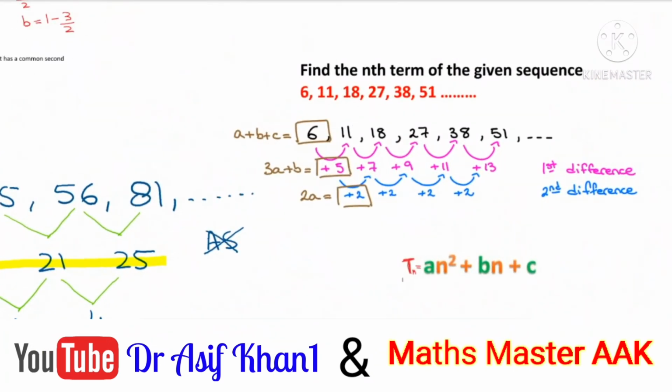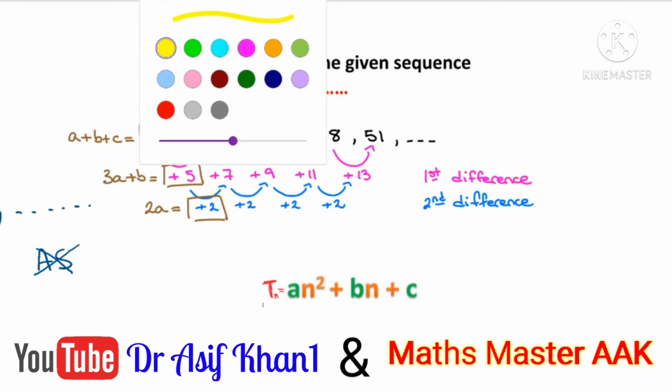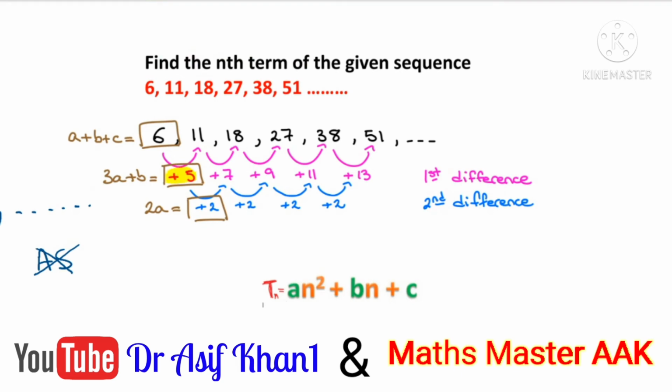Here I keep one more sequence for you. You can see the sequence was 6, 11, 18, 27, 38. So here also you can see whenever I took first level difference, the first level difference was not same. You can see the numbers were plus 5, plus 7, plus 9. So first level difference was not equal. And when we took second level difference, 7 minus 5, 9 minus 7, I took the same thing. It means second level difference was same. It means this one is a quadratic sequence.